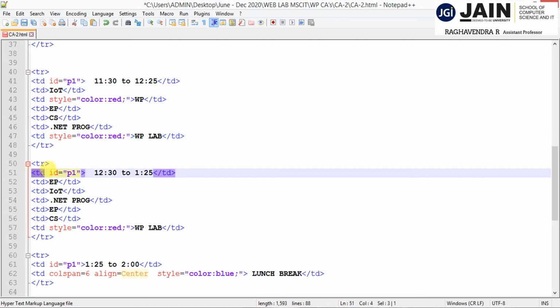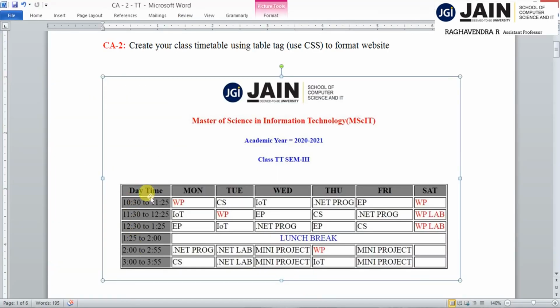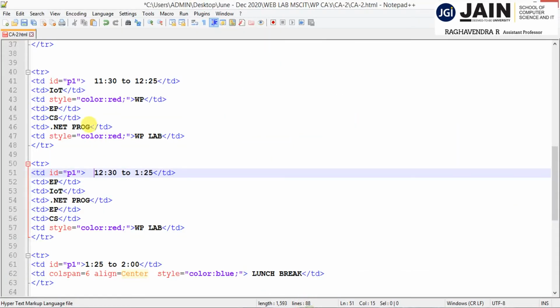So for the third row, ID equals P1. Again, whenever I'm displaying the time, that time box should be in gray color. So here I am using 12:30 to 1:25.